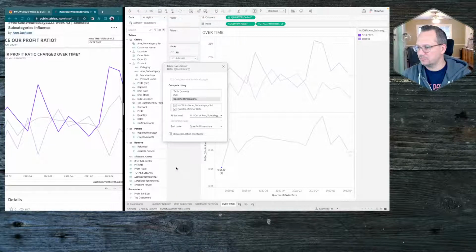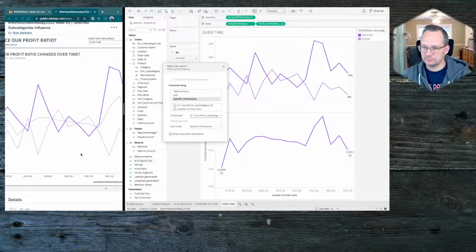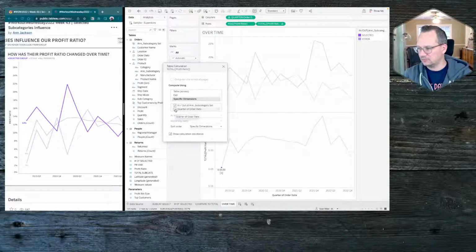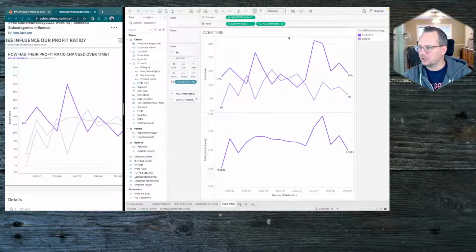It's not, oh, there we go. Yeah, that looks right. Okay, so we did a total of profit ratio where in and out of, so if I just do that, yeah. So for each quarter, what is the total? All right, that's essentially what that is, taking into consideration the subcategory set. Cool. All right, so let's format